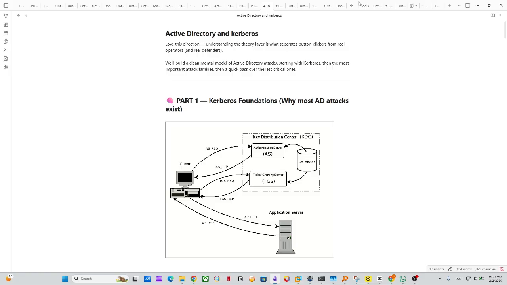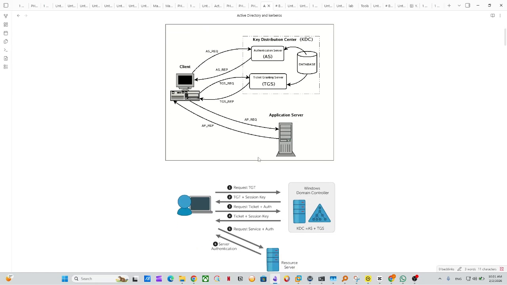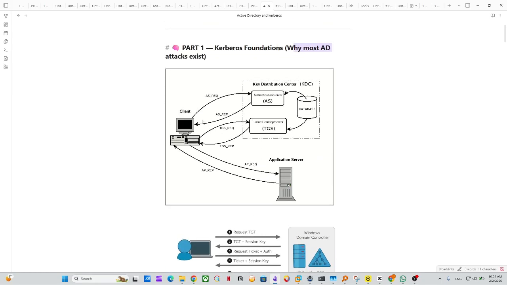Today we're going to talk about Active Directory and Kerberos. Okay, we'll build a clean mental model on Active Directory attacks for Kerberos and the most important attack families, then a quick pass over the least critical ones. So, Kerberos foundations: why most Active Directory attacks exist. We have,